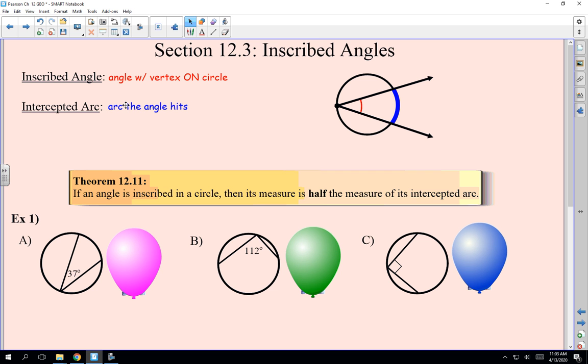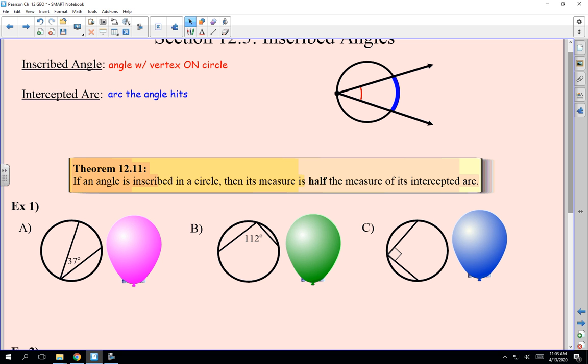And there's a special theorem about inscribed angles and intercepted arcs. It says if an angle is inscribed in a circle, then its measure is half the measure of its intercepted arc. So for example, if you have an inscribed angle of 37 degrees, its intercepted arc would be double that, or 74 degrees. And if you're given an inscribed angle of 112 degrees, as we see in part B, that's half the measure of its arc, meaning its arc is double that, so it would be